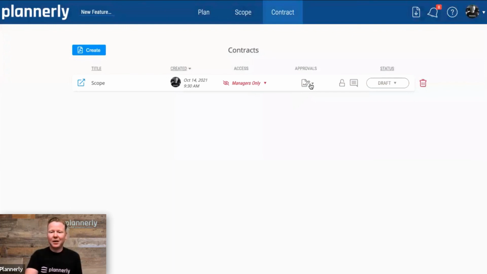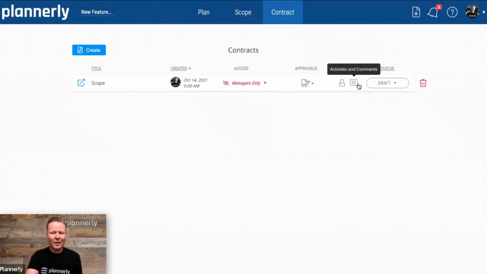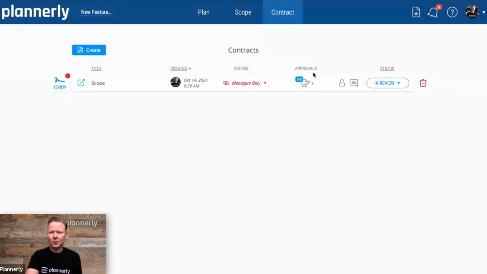There are a number of features in here ranging from locking and unlocking the document, commenting on it, and automatically statusing the document. But the main one, let's get some signatures and some approvals on this. So I'm going to send this out for approval for our team. They would get an email and get notified. And when they click on that email, they would come in and review the document and fill in their signature.